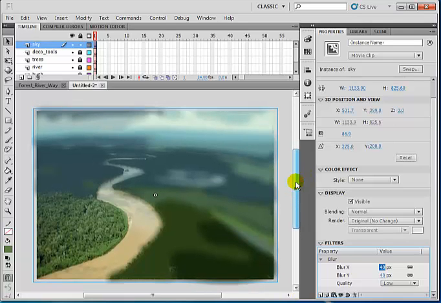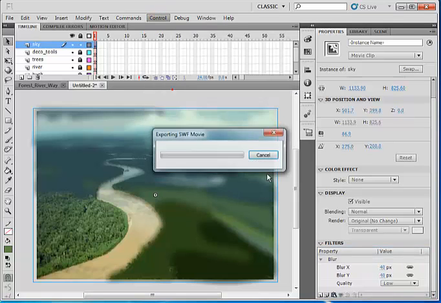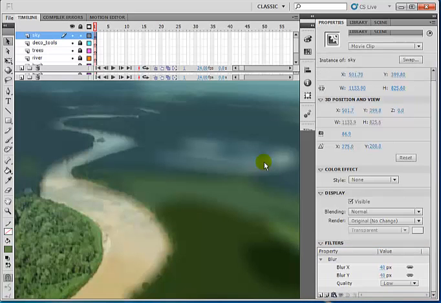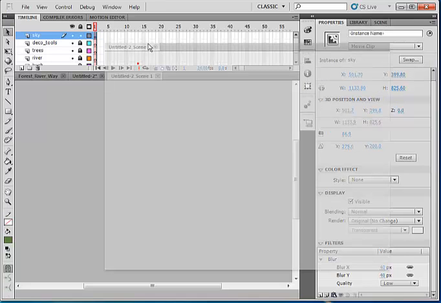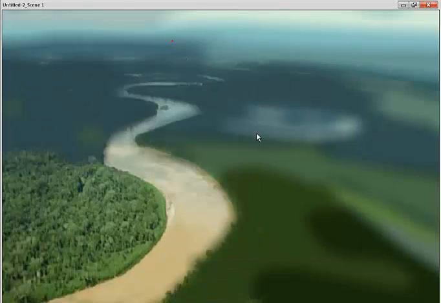Okay, so let me just go to test movie and see how the whole scenery looks for now. Let's see. For now, that's how it looks. It's not looking too bad. It looks a little bit like a very serious artwork. Maybe my own bit of Picasso if I'm right. So I now need the meandering river. So here is going to be